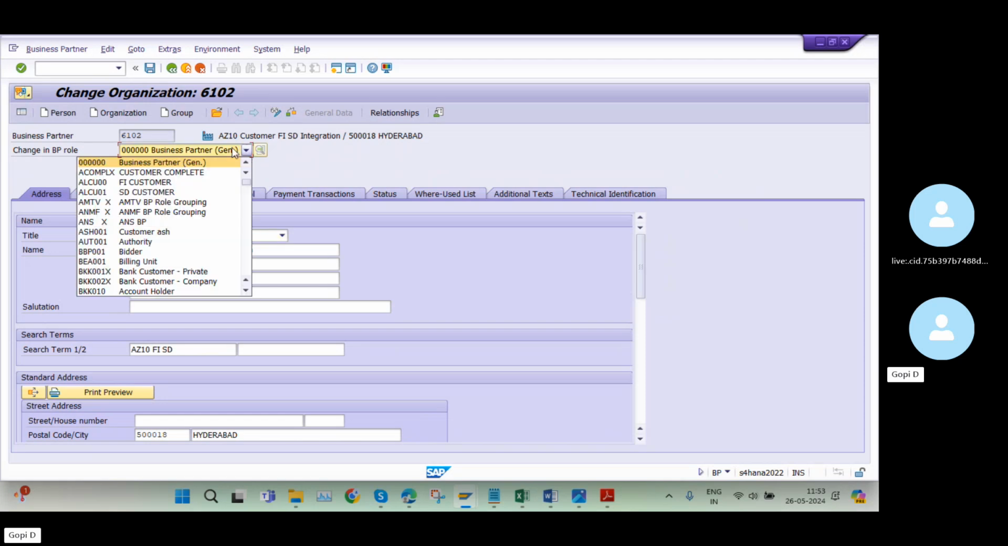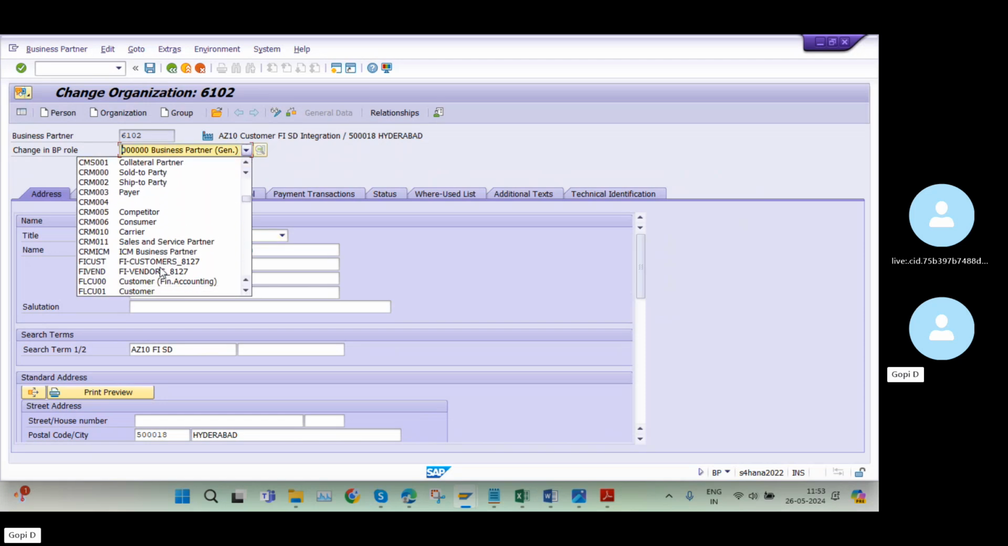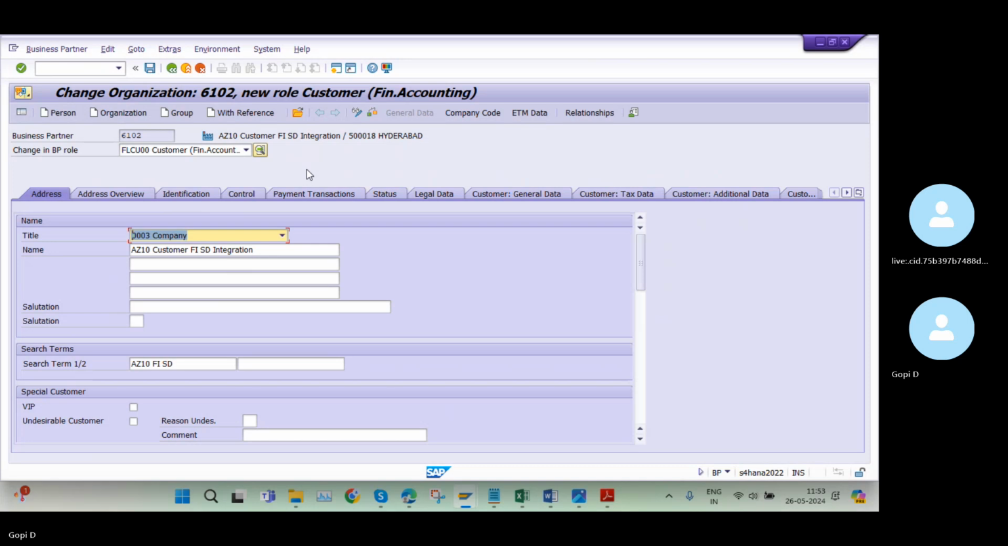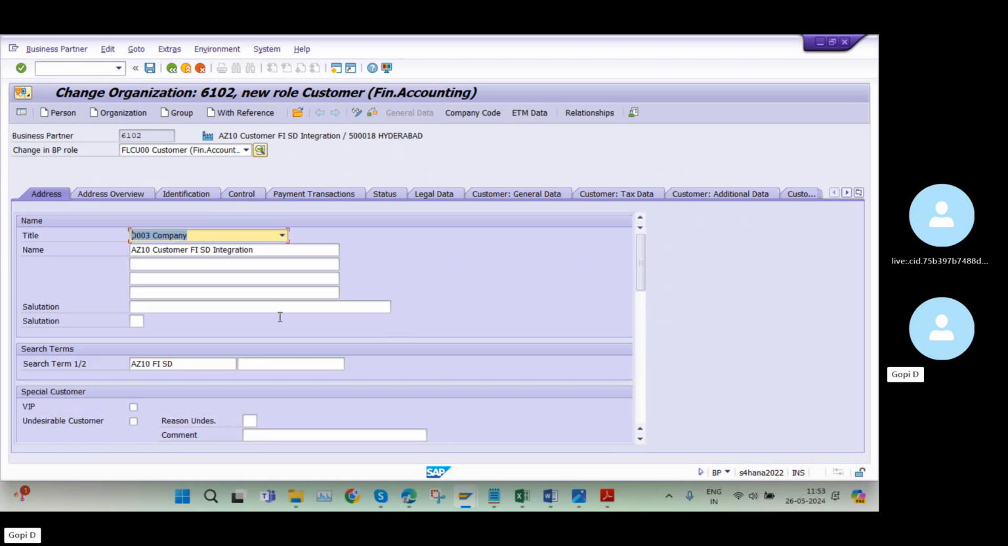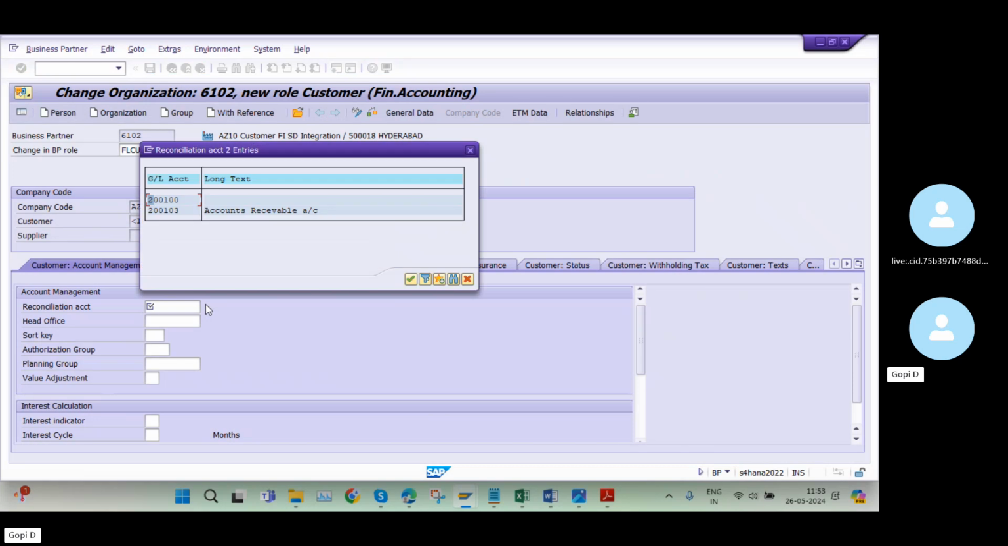Okay. And I will be selecting the new role, the standard role FLCU00. First of all, I will be going with the customer financial accounting. Now you can see this is the customer financial accounting. Automatically the data appears here, and go to company code. Here I need to maintain my company code AZ10 and click on enter. I need to select my